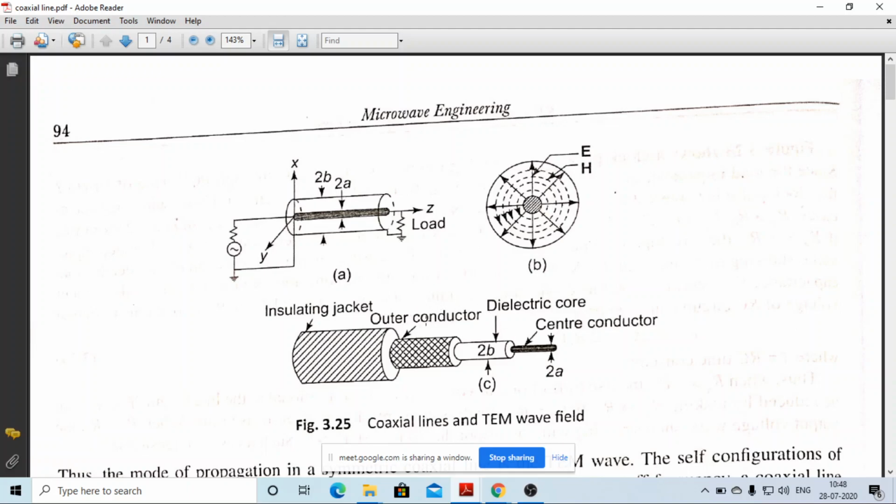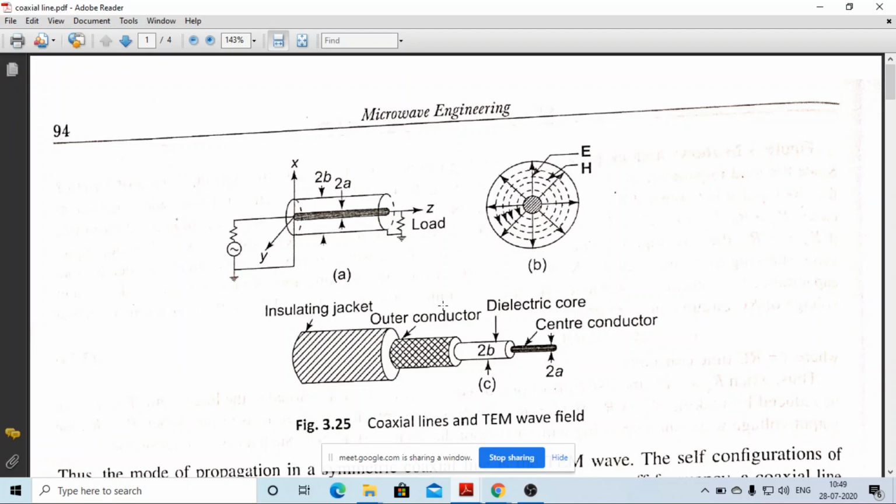And then there is an outer conductor, called the jacket conductor, and finally you will generally see a black plastic jacket, or sometimes a gray plastic jacket, that is called the insulating jacket. This is the final jacket to protect the construction of the center conductor, dielectric, and the outer conductor. So this is the complete construction of your coaxial cable. You need to draw this type of diagram if the examiner asks the question in your RTU examination.